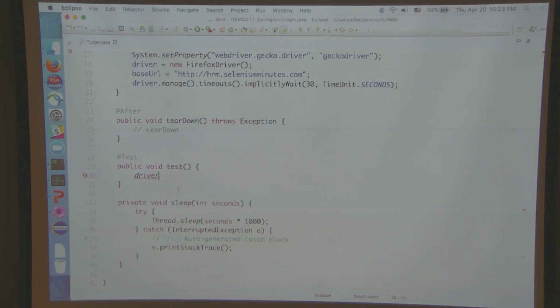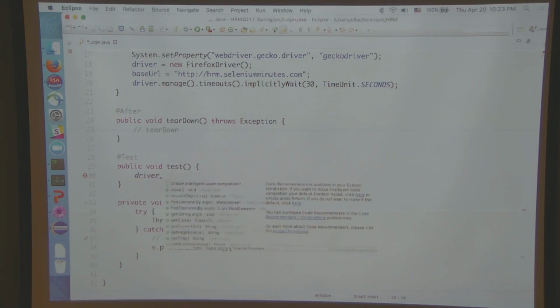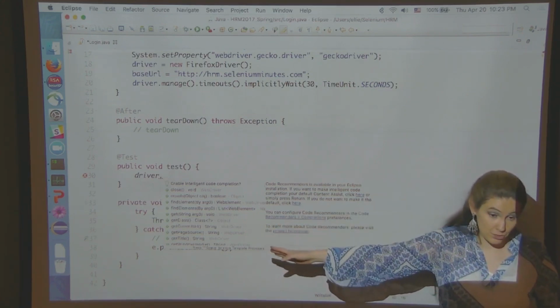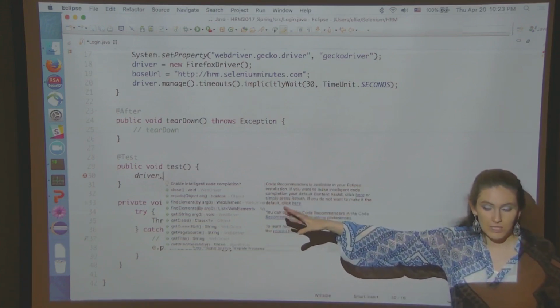And then you're going to say dot. As soon as you say dot, you will see everything that driver can do out of the box. Now there's a lot more that driver can do. This is just the basic stuff that we can do some tweaking for.